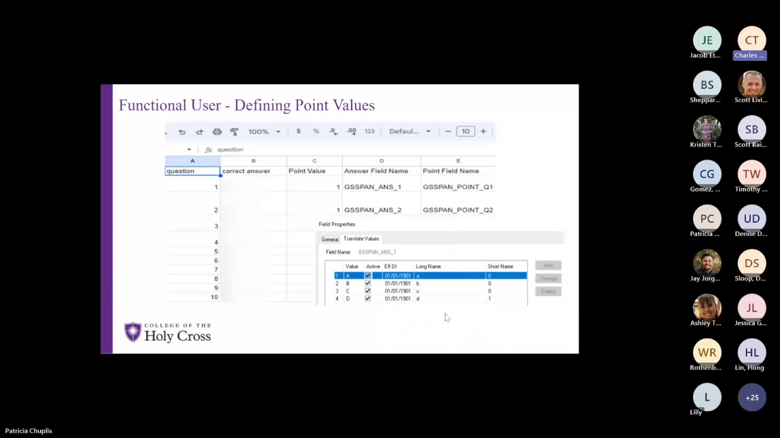After that, you create the data pool source so that the point field pulls the point value from the answer field, which is the short name field from the translate value. And then on the page, we point the form field to the data pool source to store the short name value. So then, if you want to go to the next slide,